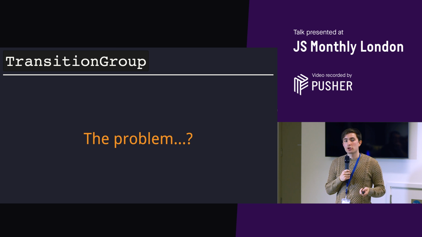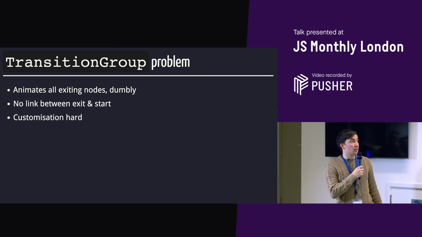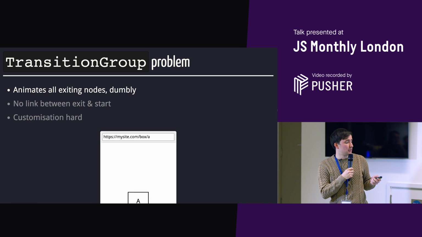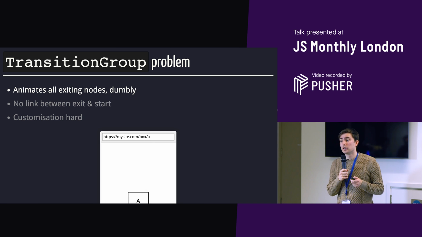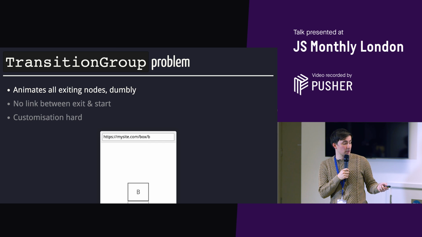This is fine. If you're just trying to do animations like fading in and out, or some other very simple animations, you're good. This will work. There are a couple of issues if you're trying to do something a bit more complicated. So the first one is that transition group tends to animate all of the components very dumbly. And what I mean by this is, I can just quickly show you if I go between these pages,